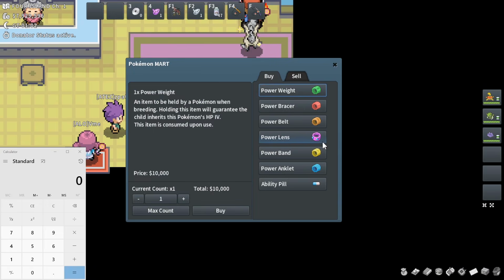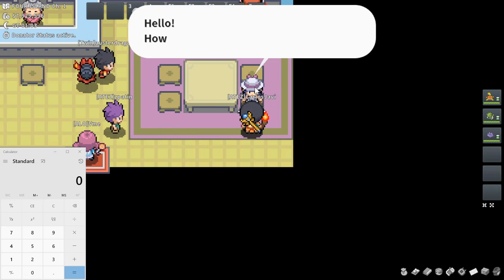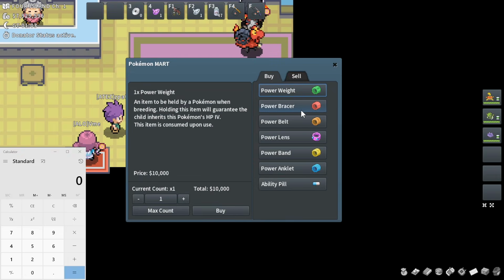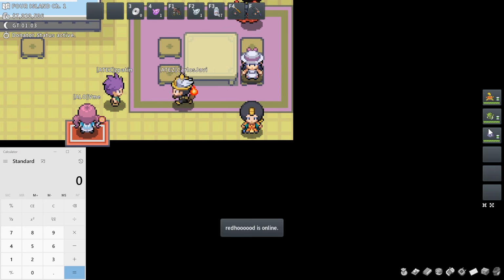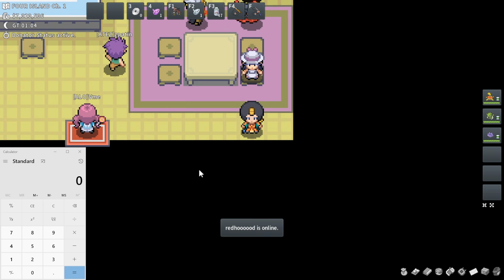You can buy all the bracers and any sort of breeding stuff you might need from any shop. There's always this person in any sort of breeding daycare. You go talk to her and she has all of the bracers, anklets, belt. They're all called different things. These items will 100% pass the IV of the Pokemon they're attached to. So since I have the speed anklet there, it's going to pass the speed IV 100% of